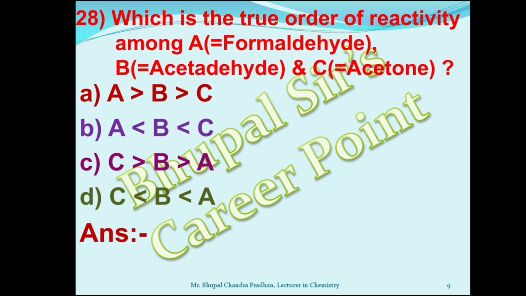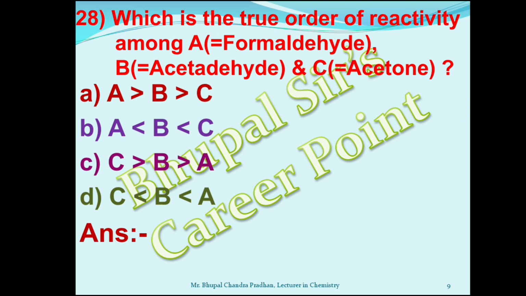Among formaldehyde, acetaldehyde and acetone, the reactivity is highest for formaldehyde. Why? Because of least steric effect and no plus I group is attached here. So the magnitude of positive charge on the carbonyl carbon is maximum in case of formaldehyde. But in case of acetaldehyde, there is one bulky group, methyl group, and the methyl group is a plus I group, which decreases the deficiency of electron of the carbonyl carbon. So the reactivity slightly decreases.